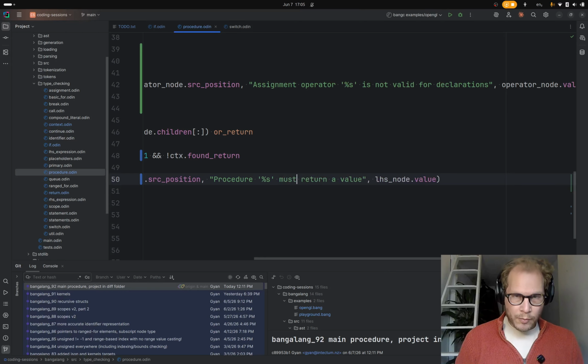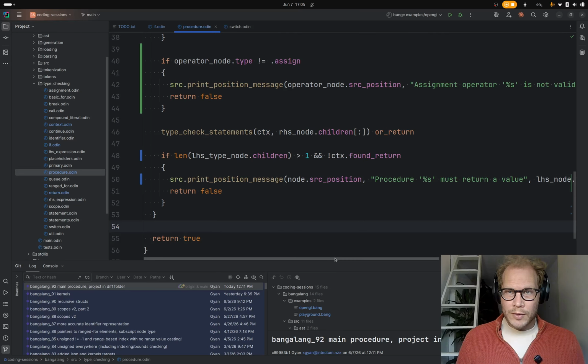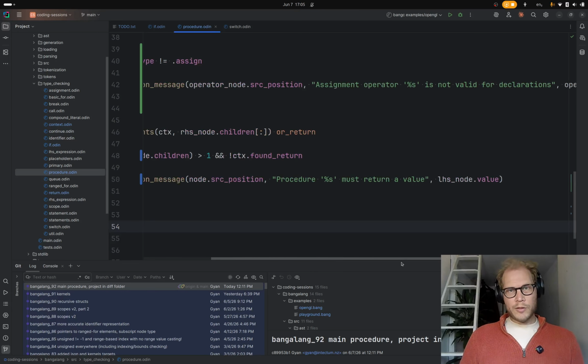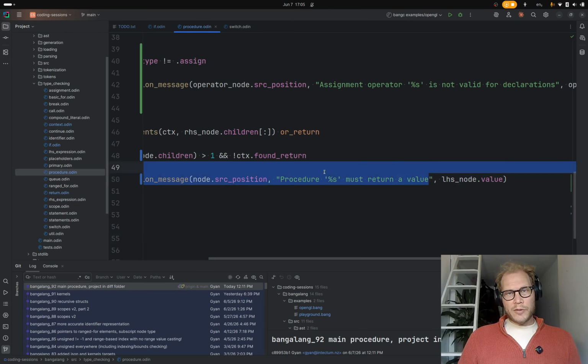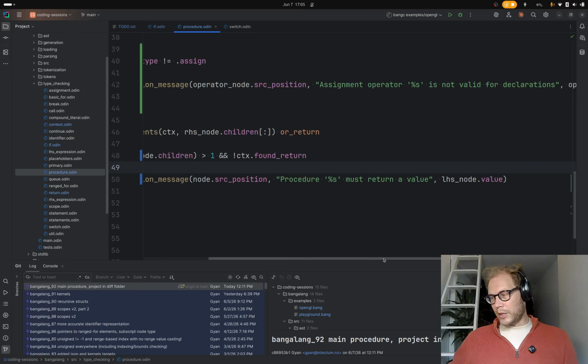We'll say must return a value. There we go. Procedure must return a value. I mean, we could specify the type, but I don't think that's important. If they try to return the wrong type, then they will get that kind of error.